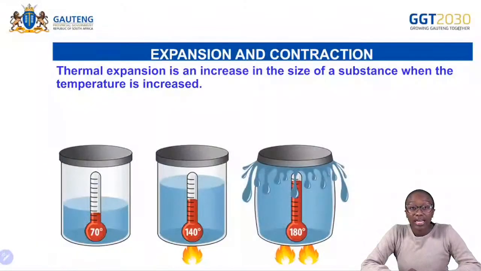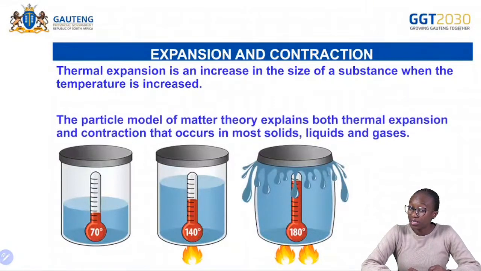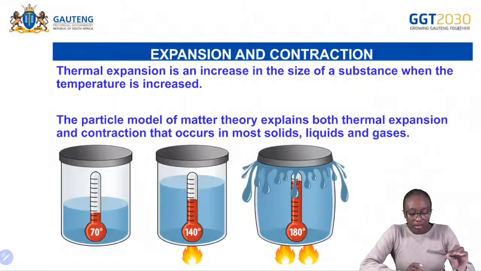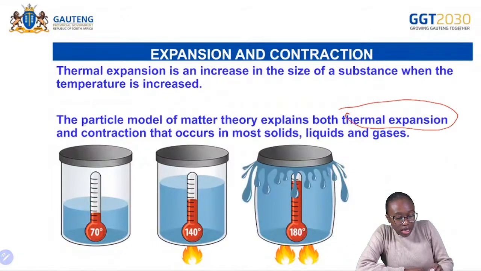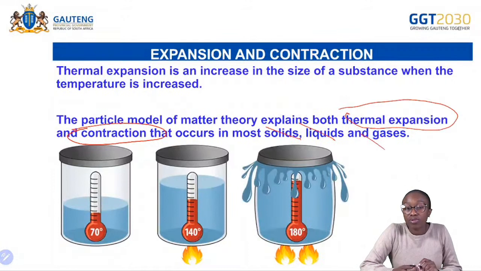Welcome back, learners. Now let's move on to expansion and contraction. So thermal expansion is an increase in the size of a substance when the temperature is increased. The particle model of matter theory helps us to explain thermal expansion and contraction that occurs in most solids, liquids, and gases. It helps us to explain